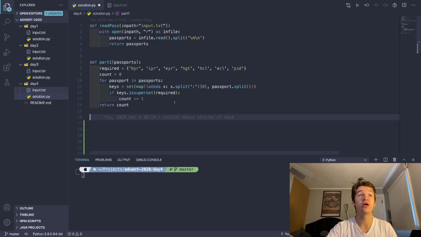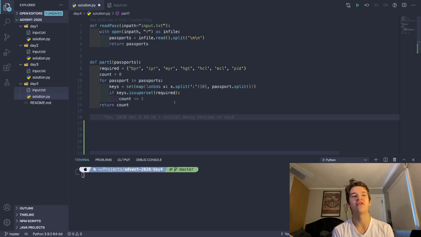So if we go ahead through there, the reason why I didn't just check if the two were equal is because keys may or may not have CID. So technically what I could do is just remove CID from the list of keys if it's present and then check if they're equal, but I think a superset is much more elegant anyway, and there may be situations where,